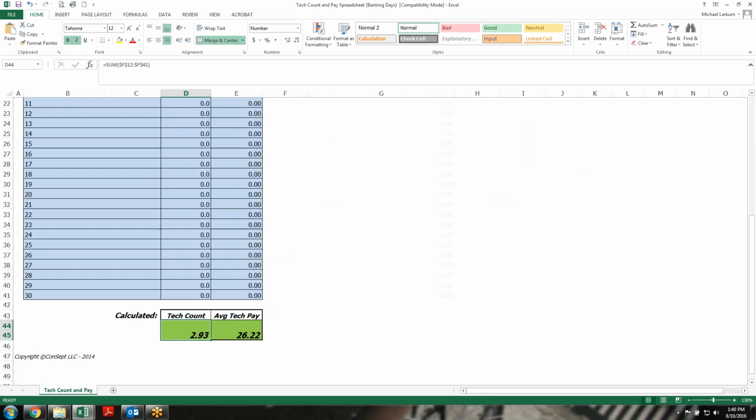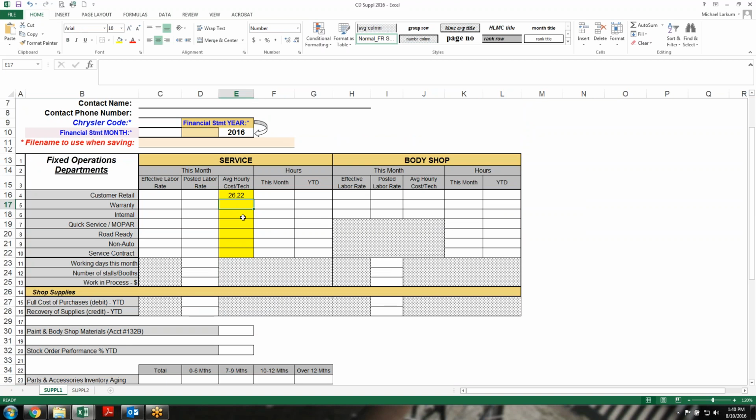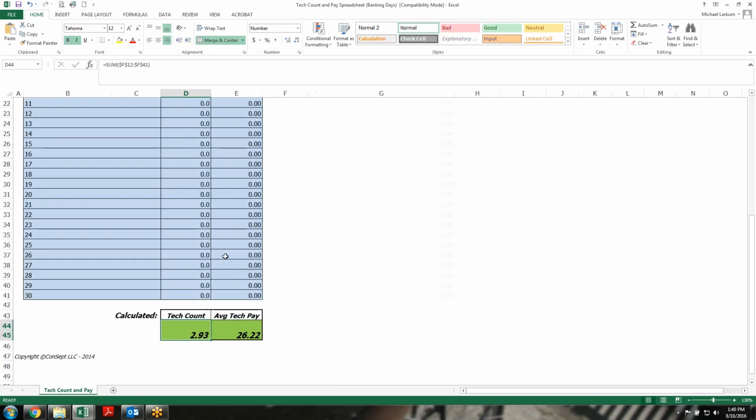Now, Concept does not need to see this spreadsheet. Your moderator would be more than happy to go over a completed spreadsheet to make sure you're doing it properly. No question, any of us would be happy to do it, but we don't need to see it unless you have questions on it. What we need to see is this number on the supplemental, which will then be transferred into the composite and will give us all the right data we want. So hopefully that helps clear up how to fill out this spreadsheet